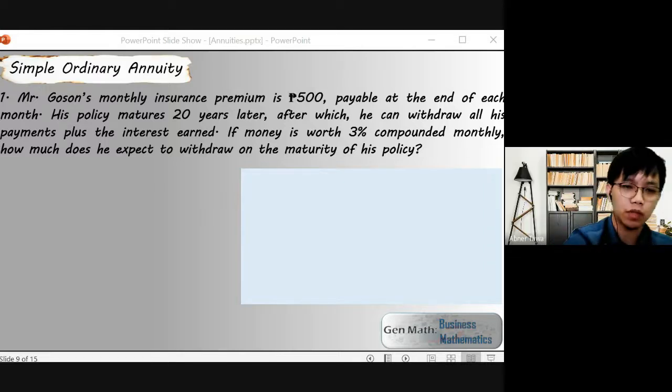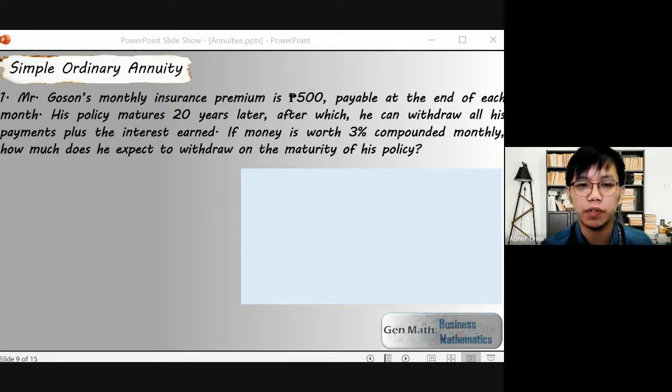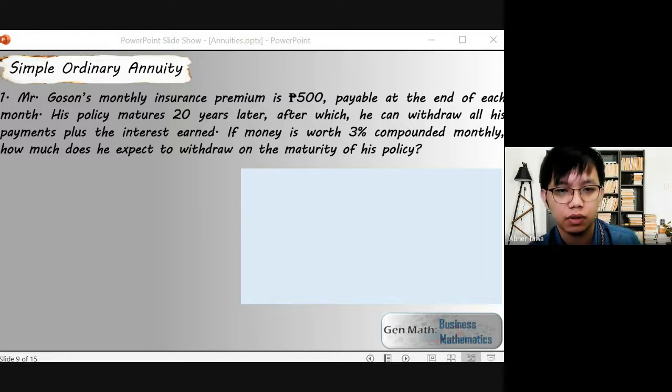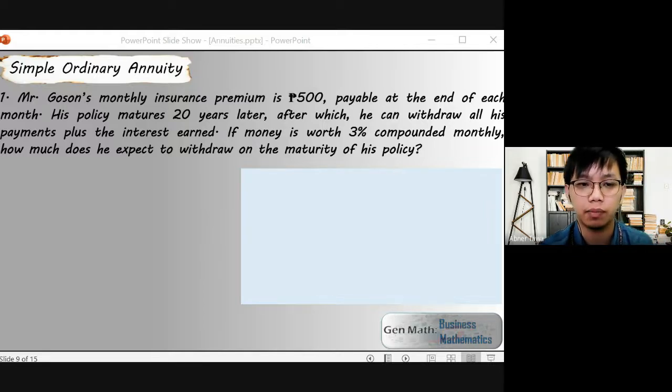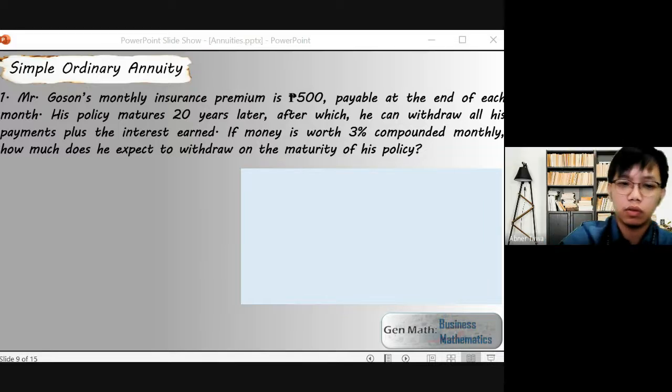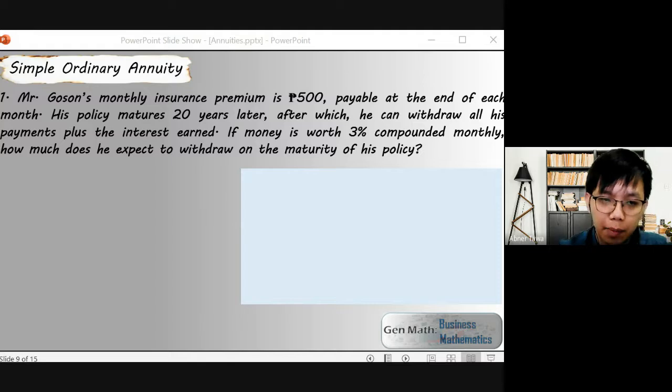Okay, so thank you. So we have here the first problem. Of course, we need to understand it first. We need to comprehend for us to be able to solve it correctly. So given, we are going to identify the given correctly and what is being asked in the given problem. Napag-daanan na naman yung mga ways of pag-solve ng given problem, di ba? Nagsimula na yan sa elementary. So hopefully you know how to solve a given problem, wherein you're going to identify first the given, the unknown, and the correct formula to be used based on the given and unknown.